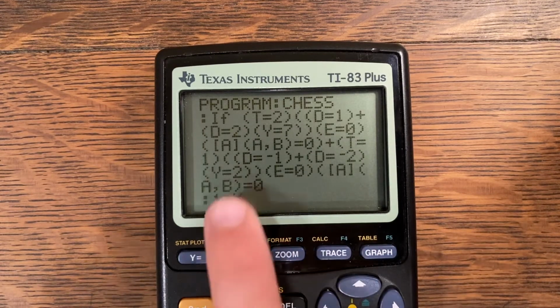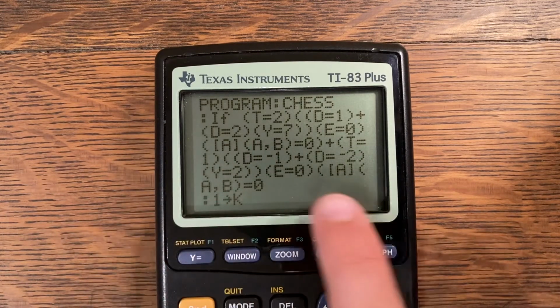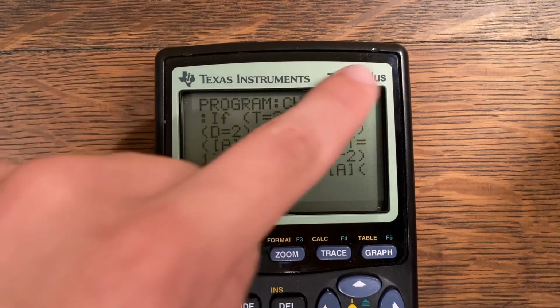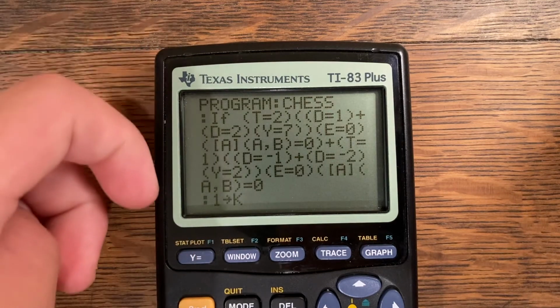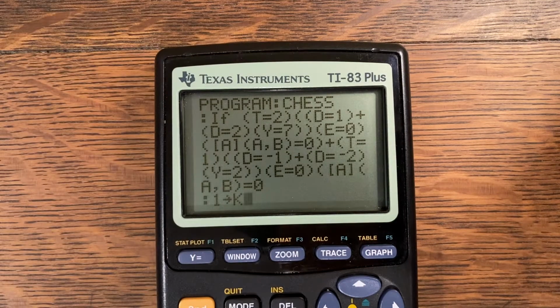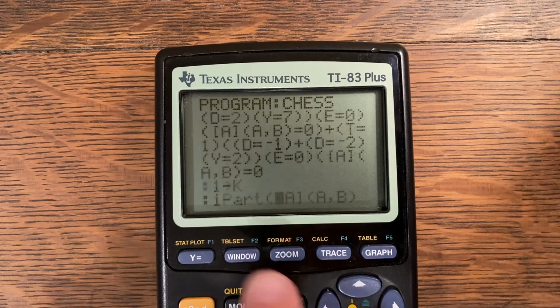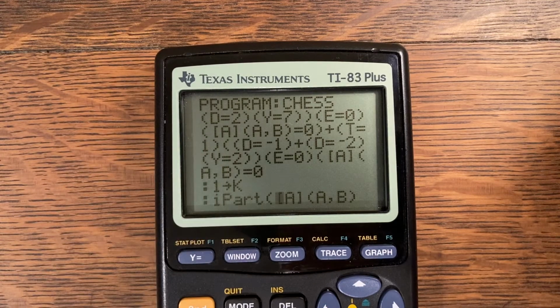Then, basically, t is equal to 2. That means you are the lowercase and you want to only go upwards. And if you're on the top row in the uppercase, t is going to be equal to 1, and you can only go downwards on the screen. So it's making sure you're going in the right direction and you're moving either 2 or 1 space. 2 spaces if it's the first move of that pawn from the original row. So if all that is true, all that turns out to be, yep, you made a legal move, you're all good,